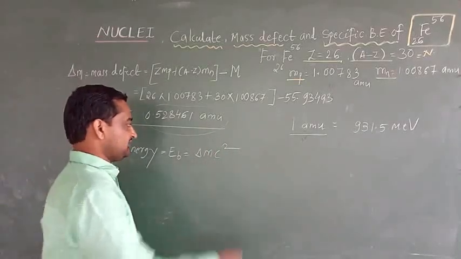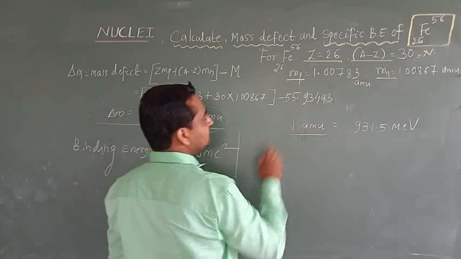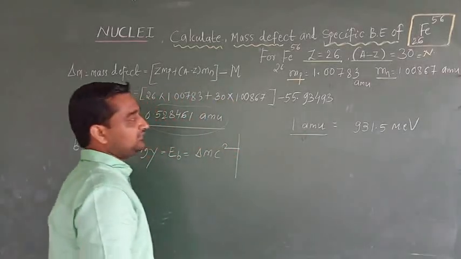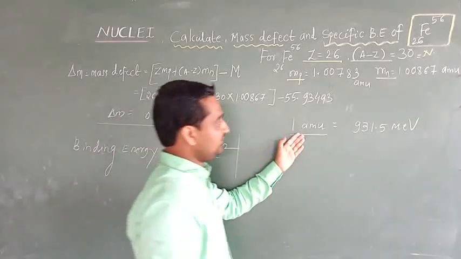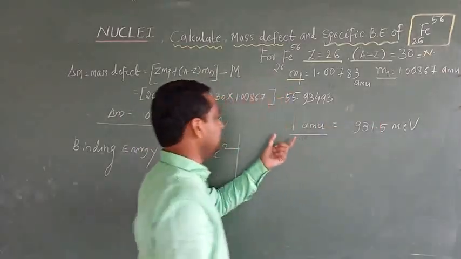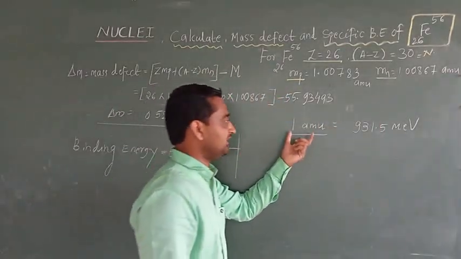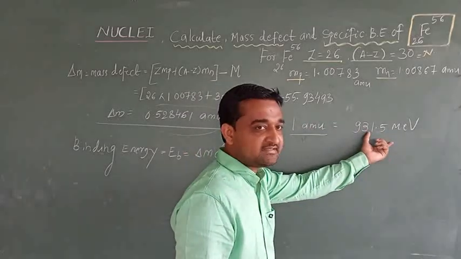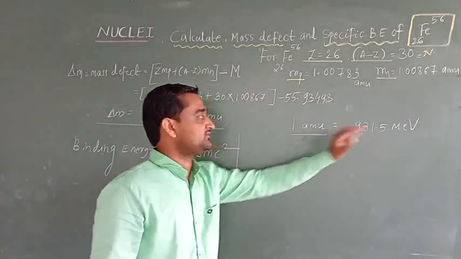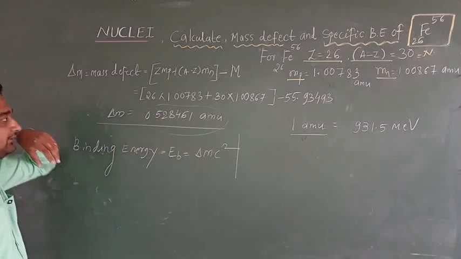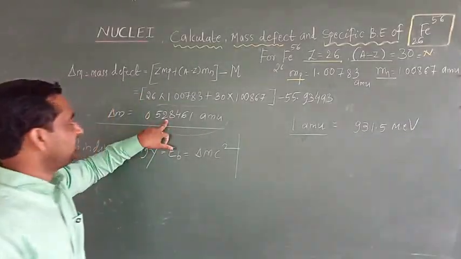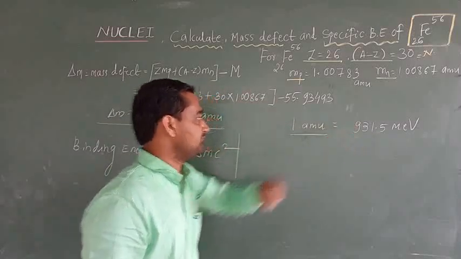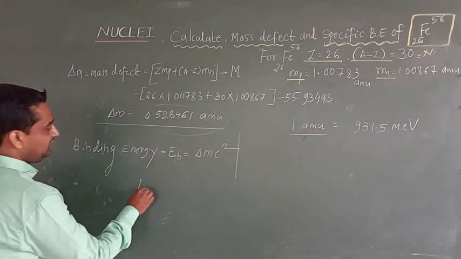You can use this relation, or we know the relation between the AMU and the energy: if 1 AMU amount of mass is lost, the amount of energy converted is this one. Now we just have to multiply 0.528461 with this one. So therefore EB is equal to